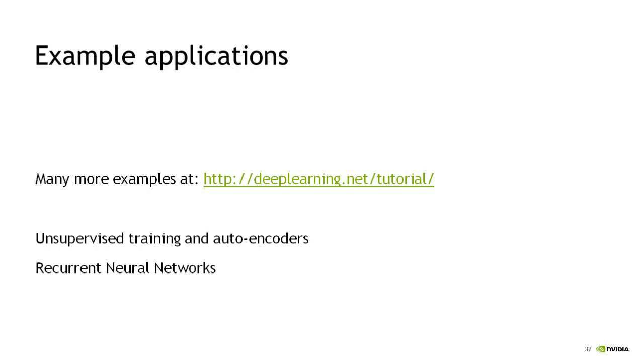To do unsupervised training, you can quite easily specify that your loss function takes as input the output from the top layer of your neural network, but also the original input data, in what's called an autoencoder formulation. And if you want to define recurrent neural networks, you can easily define that some of the units in your layer receive their last state as input at the next state. So there are some great examples of Theano being applied in those use cases.